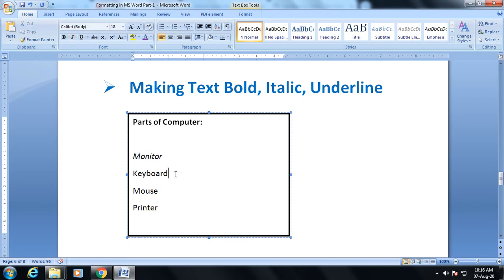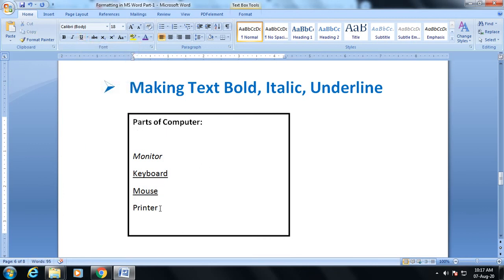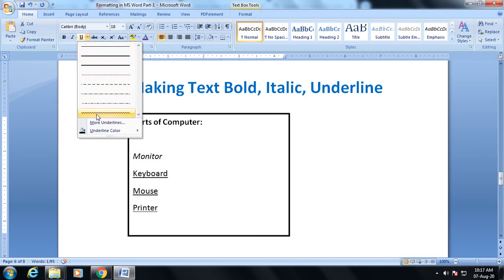Okay, if we want to apply underline, so what you need to do, select the text, click on underline option. A line is there under the text. Once again, select the text. If you want to apply different type of line under the text, so what you need to do, click on drop down menu and choose this double line, just like this, or you can choose this wavy line like this.